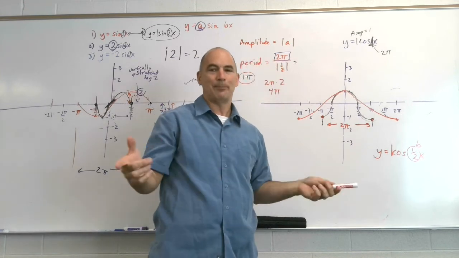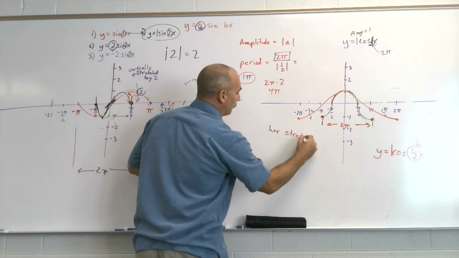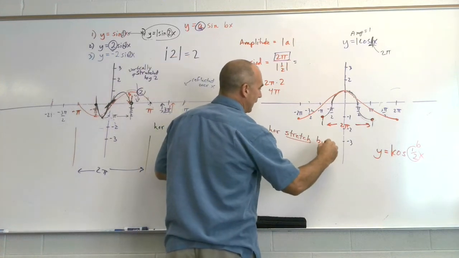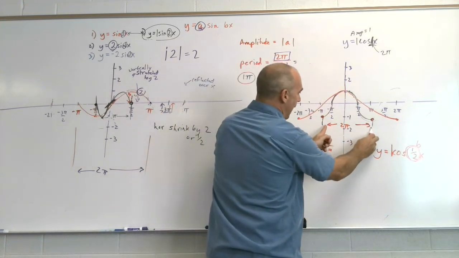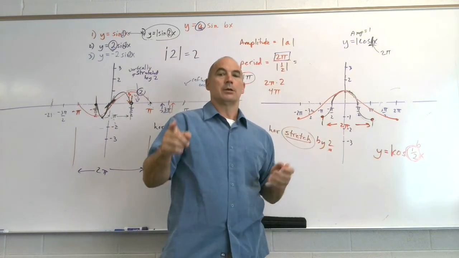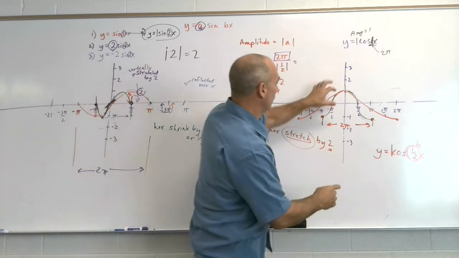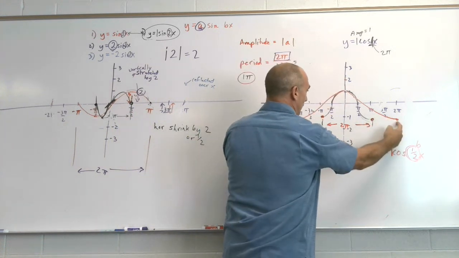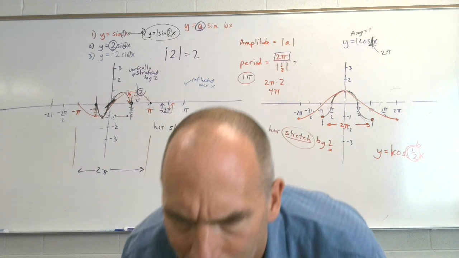So what just happened? That right there was a horizontal stretch. By what? Well, it stretched it by 2. I know B is 1/2, but think about it. It went from 2 pi to 4 pi. It stretched it by a factor of 2. Now, with that being said, amplitude is 1. Period of this one is 2 pi. Period of this one is 4 pi. So we're really talking about period and amplitude, period and amplitude. And that ends